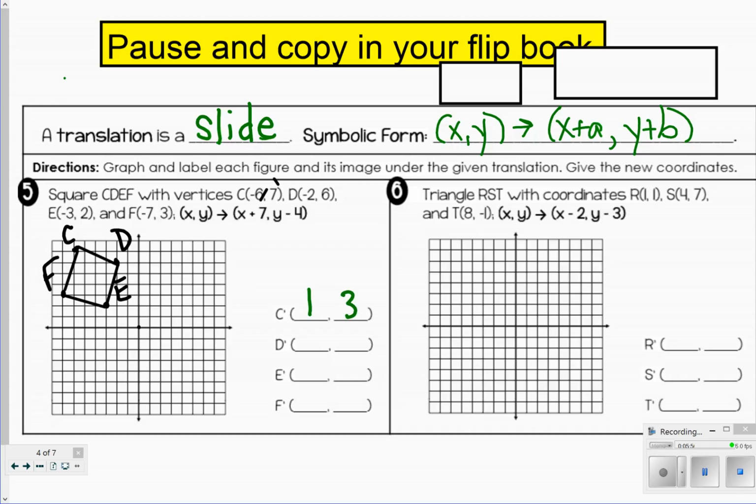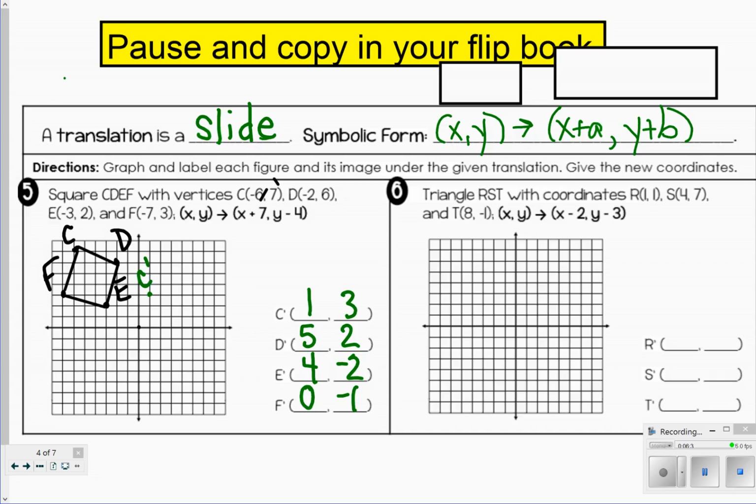So our C prime is going to be at 1, 3. Go ahead and fill in the difference. So for -2 plus 7, we're going to make this 5, and 6 minus 4 is 2. E is going to be 4, 4 plus 7 is 4, and 2 minus 4 is -2. And F is -7 plus 7, so that'll be 0, and 3 minus 4 is -1. And then we can go ahead and place these, so 1 and 3,